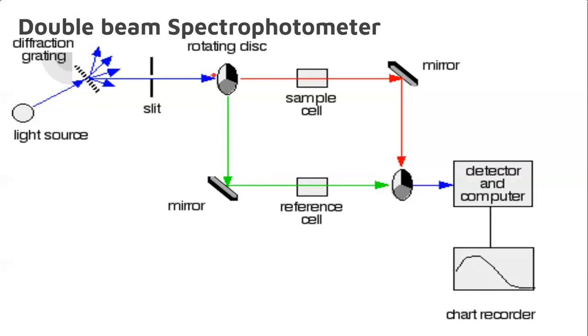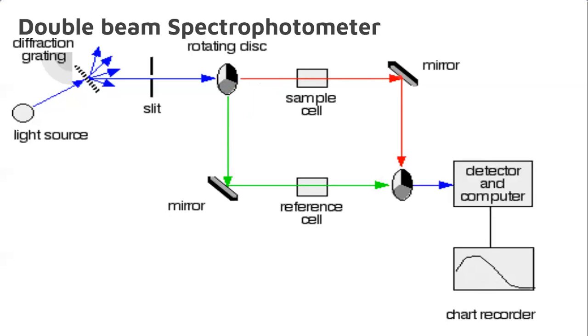Okay. And next you see the light which is coming from the transparent section will be allowed into the sample cell. Here, the sample present in the sample cell will absorb some light, and that's why these two light parts are shown in two different colors, red color. So some intensity of light will be absorbed and the remaining intensity of light will be transmitted, and that transmitted light again falls on the mirror.